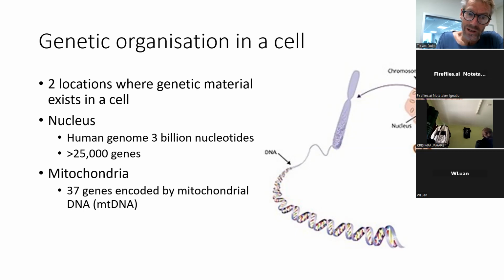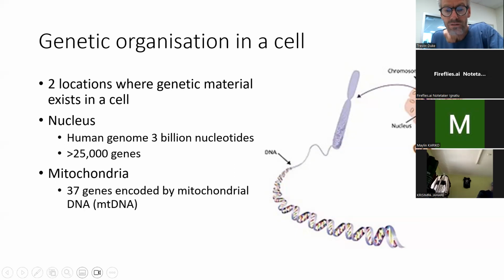Just 37 genes are encoded in mitochondrial DNA, but they're quite important genes in terms of regulating the respiratory chain enzymes and energy production, and genetic mutations that occur in mitochondrial DNA can lead to some of the chronic diseases of adulthood that affect major organ dysfunction, such as chronic cardiac disease, for example, could sometimes relate to mutations in the mitochondrial DNA as